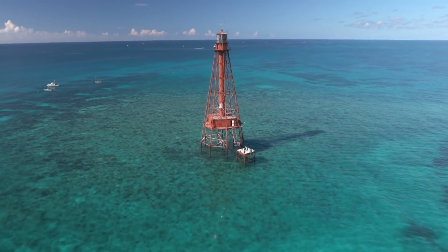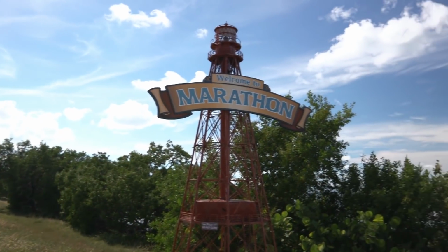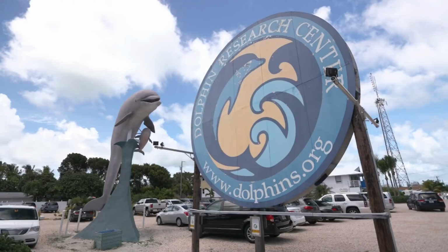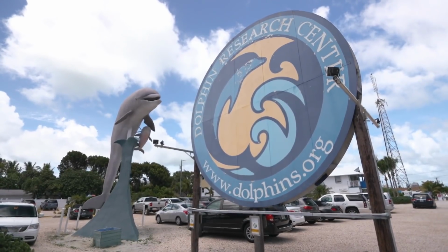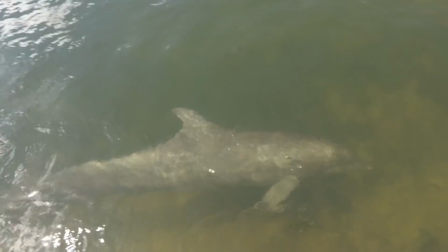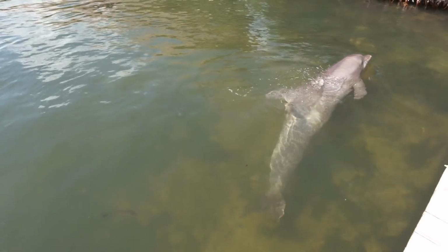So if you're coming to the Marathon area with your family, friends, a lot of people come for a week stay. There are several things you can do if you're not out on the water with me or one of my close associates in the fishing industry. You start off with the Dolphin Research Center. Away they have obviously dolphins, I believe there are sea lions and the whole nine yards. That's up in Grassy Key. You come down a little further south and you can hit